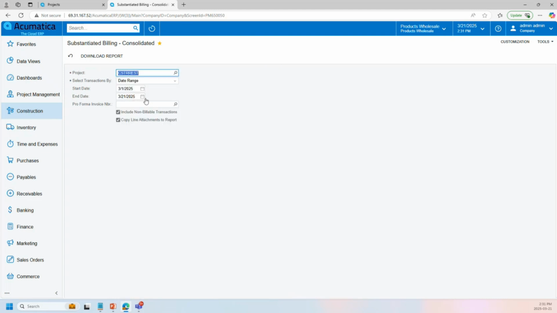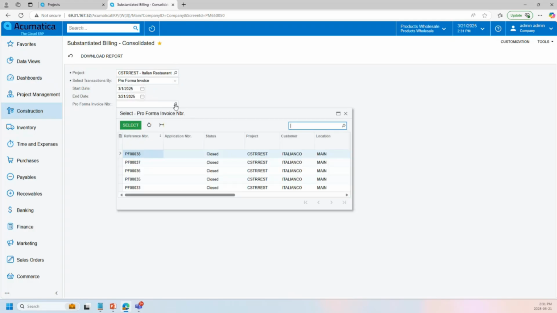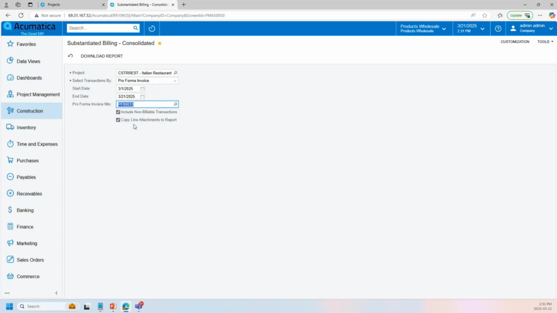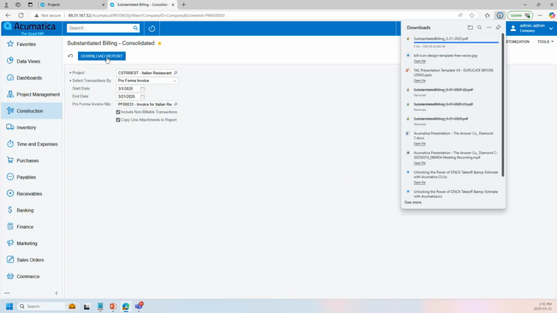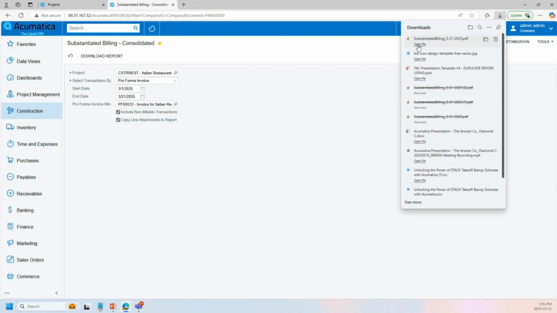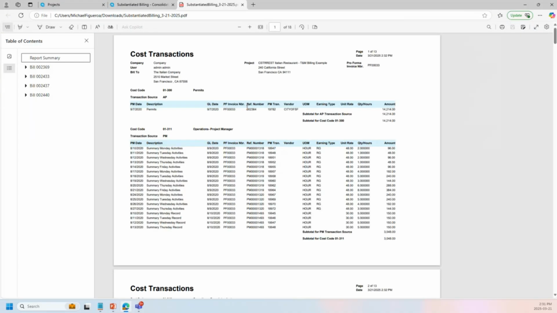And rather than using a date range to create this document, I'm going to select the pro forma option. And so we're going to select the invoice that we were just taking a look at and make sure that the copy line attachments to report is enabled so that the system will be able to attach those documents automatically for you. Once you download the report, as we will see here in just a second,